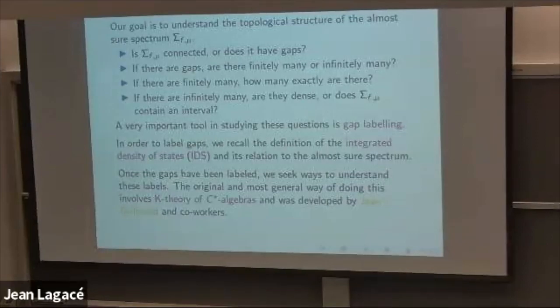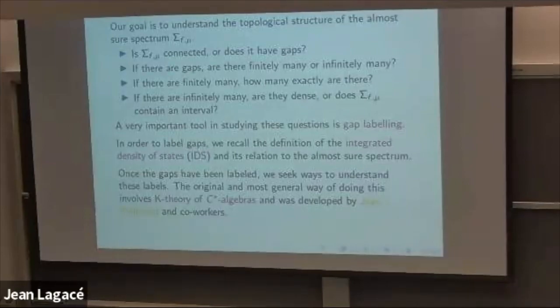So if you understand that the IDS takes a constant value on a gap, and the values on gaps are different if you have different gaps, and you want to ask yourself why the numbers that you see, these constant values, have a certain form, then you have to use properties that somehow hold in the complement of the spectrum. What holds in the complement of the spectrum are many things, but what is the thing that's used to do K-theory of C-star algebras? It's the following. So if you look at a spectral projection,